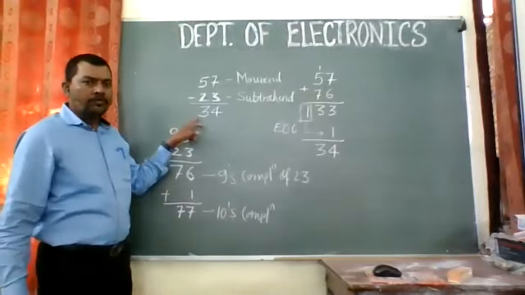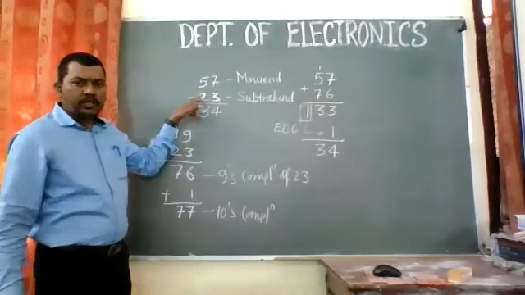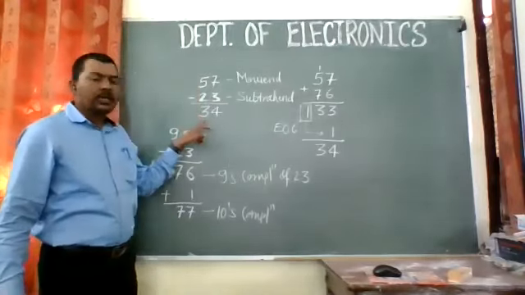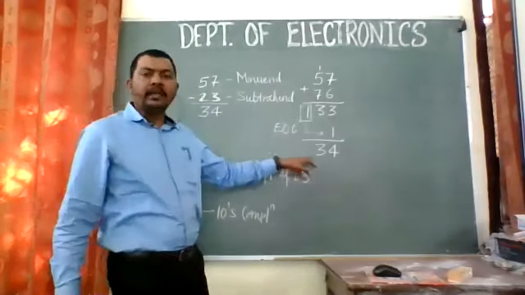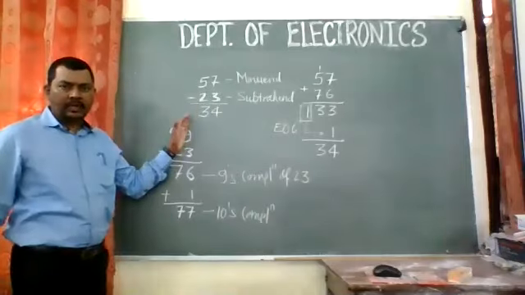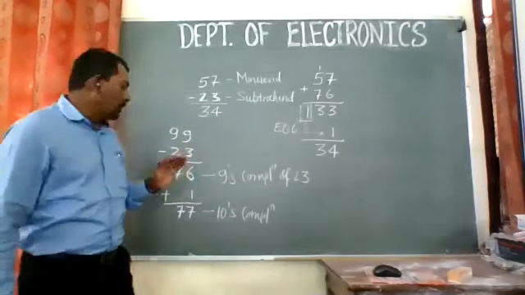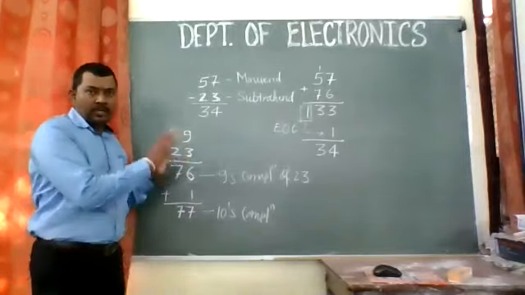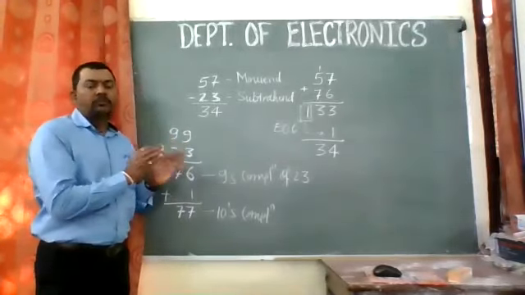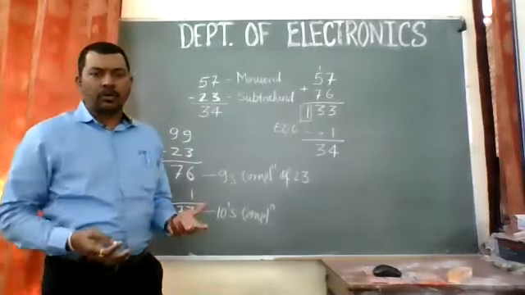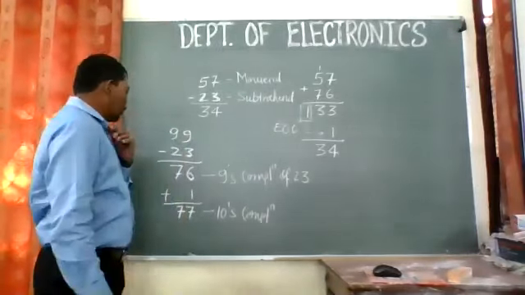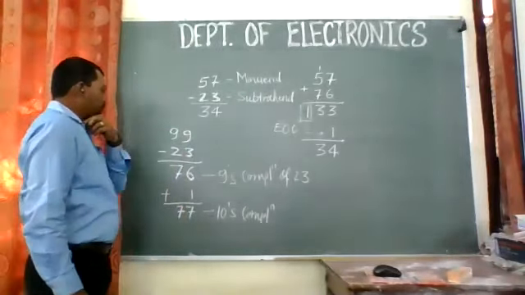And if you look, the answer of subtracting 23 from 57 is 34. So we get the same number, 34. The result is the same by using another method, in decimal. We are talking in decimal right now. So you can then understand why we are talking about ones and twos complement.